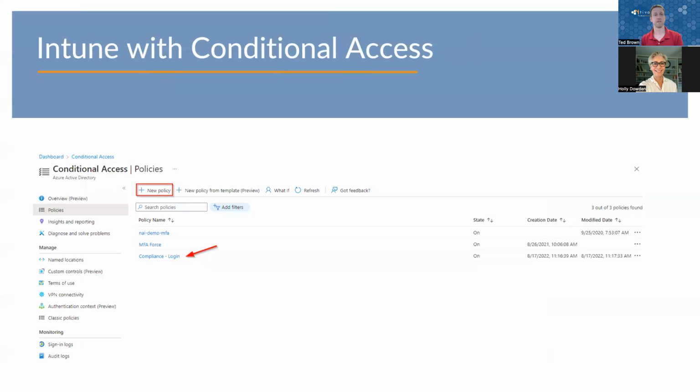And last but not least, you have the ability with Intune to interact with conditional access. Conditional access is a portion of Azure AD P1 or P2, making sure that certain aspects of your device meet certain credentials or criteria to access the system. So I can say, hey, I want to make sure that everyone accessing